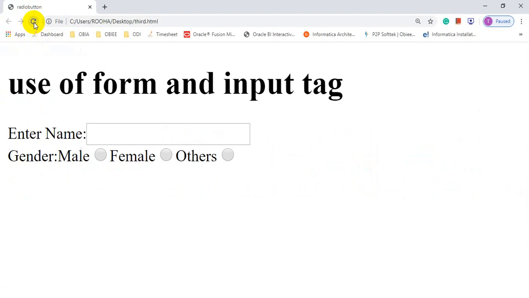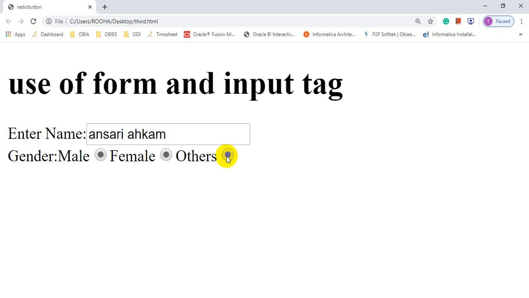Now we will get a good form. First we can enter our name, second we can select our gender. In gender, first we have male, second we have female, and third we have others. For example, I have inserted my name Ansari Ahkam. When I click male, male is selected, fine, it's perfectly working. But when you click on female, even female is selected, and when you click on others, others is also selected. So logically it's incorrect.